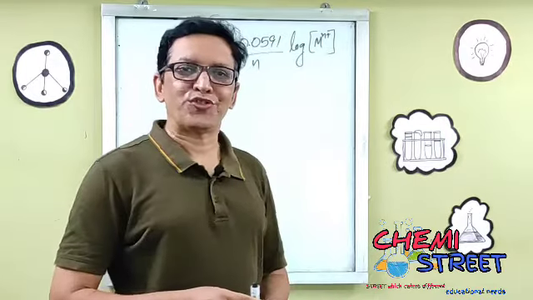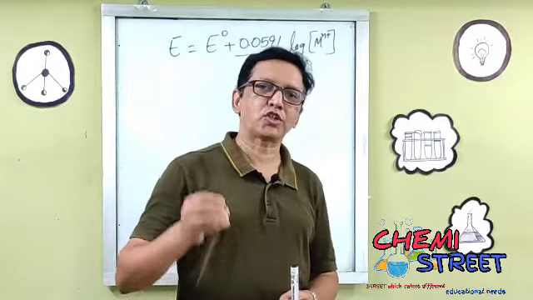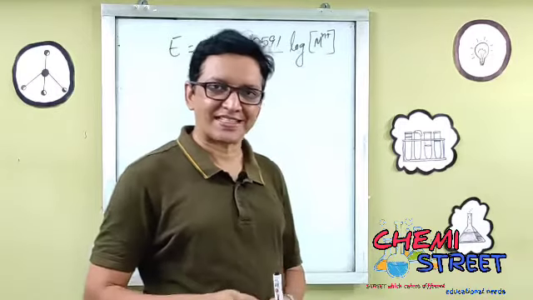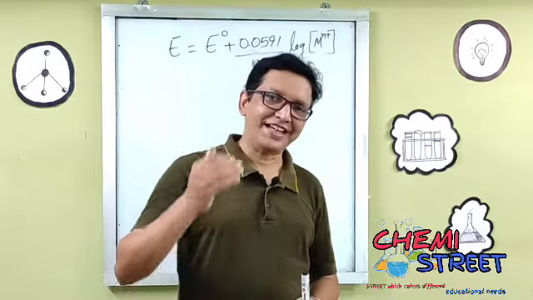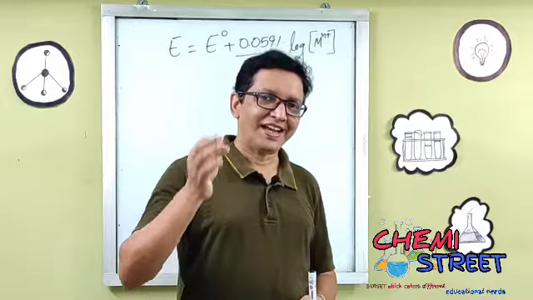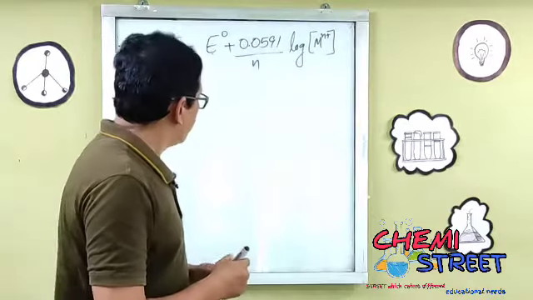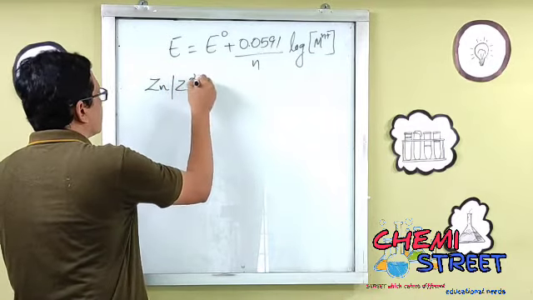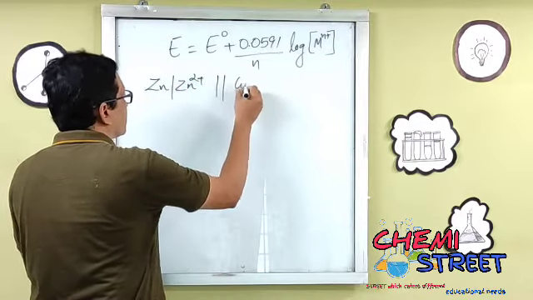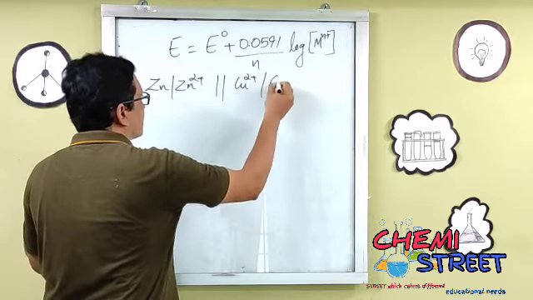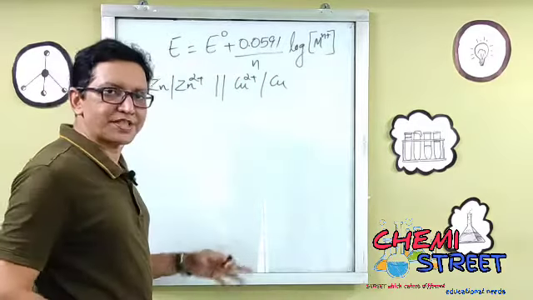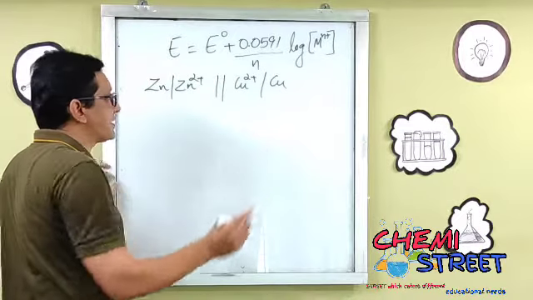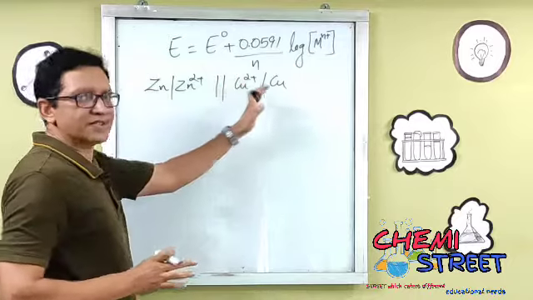Now shall we go on to find the EMF, or electromotive force, of a cell? Shall we consider the Daniell cell? Now we are going to apply the Nernst equation to the Daniell cell. It is very important. This is the simple representation of the Daniell cell. The molar concentrations and everything will be represented. This is the right side and this is the left side.